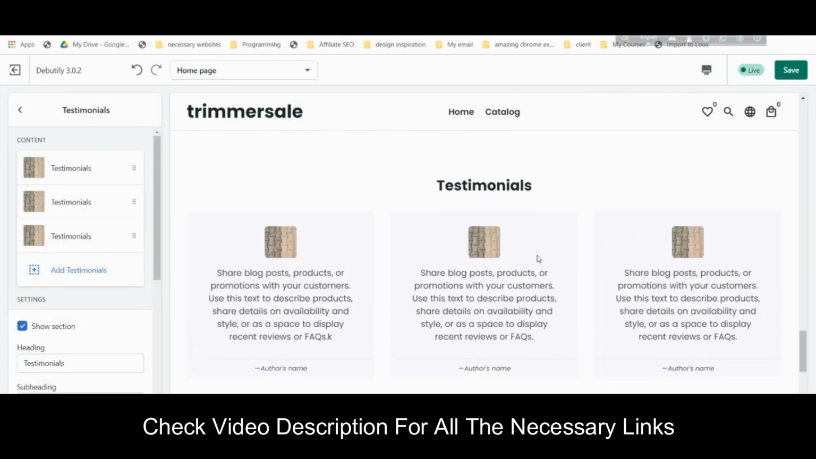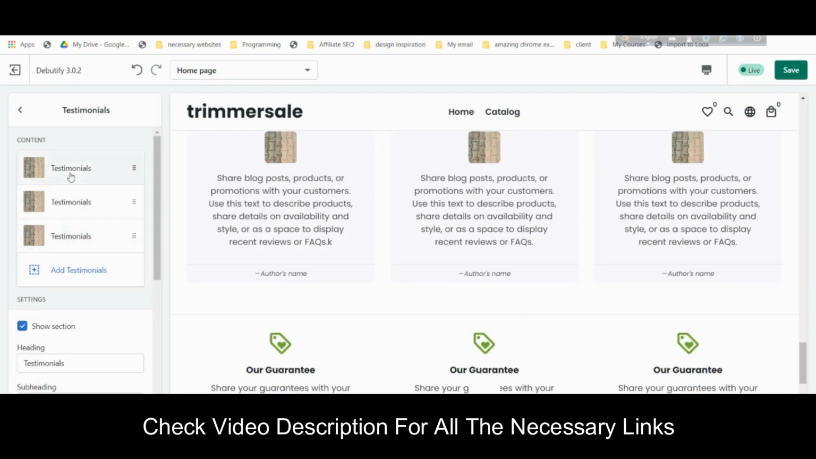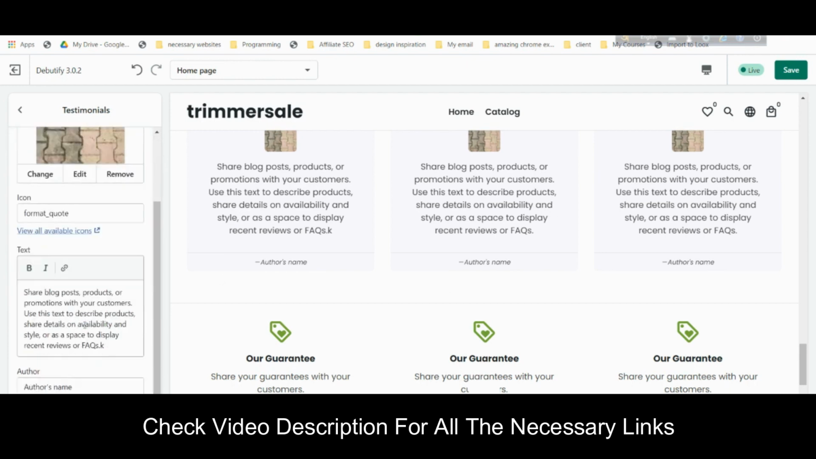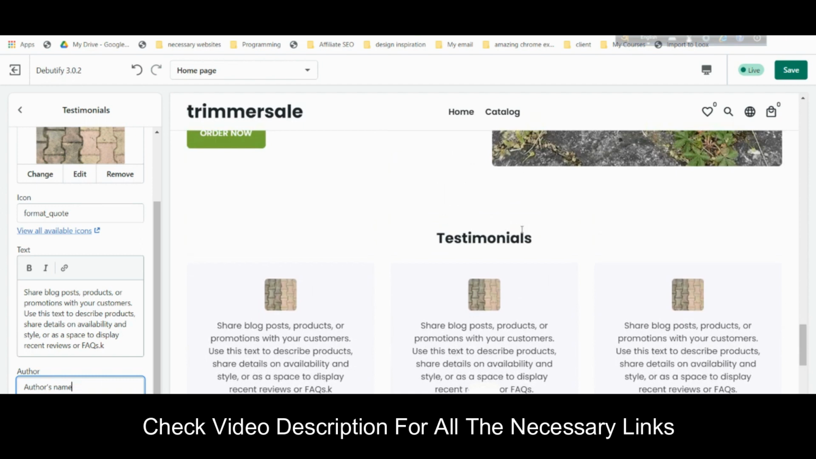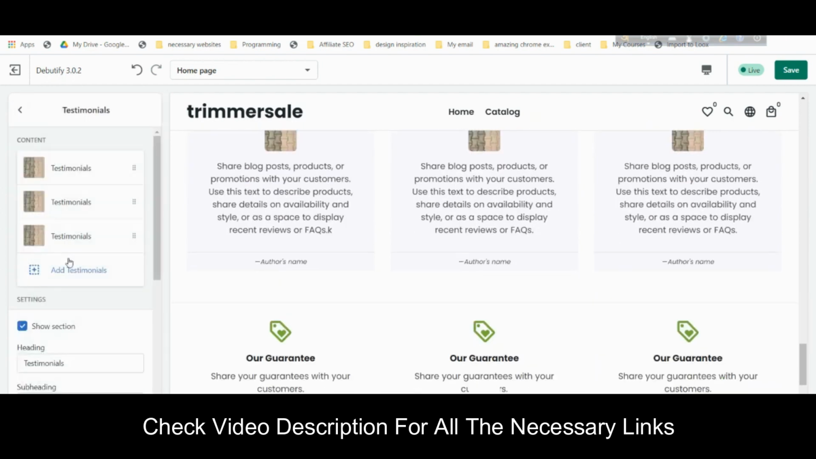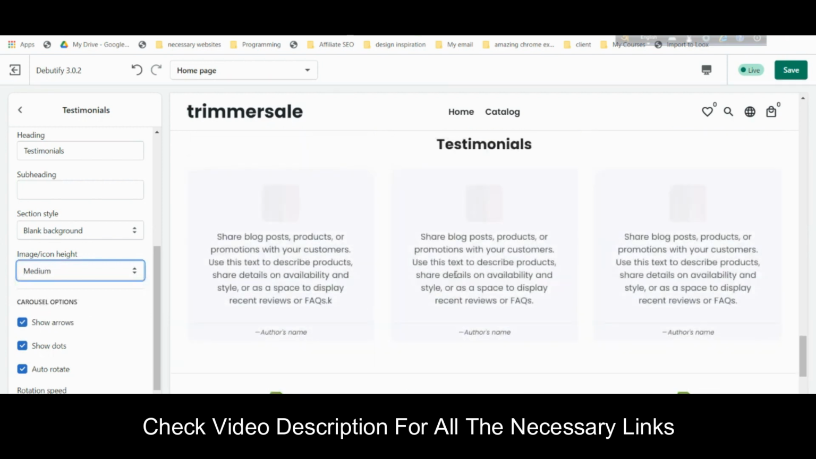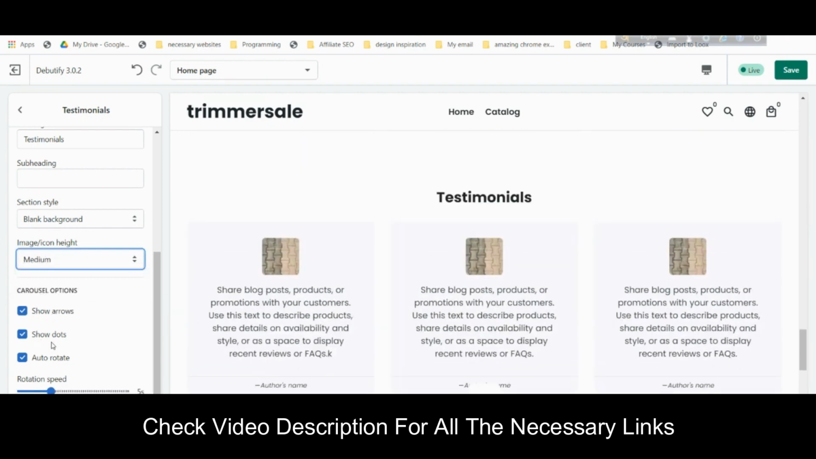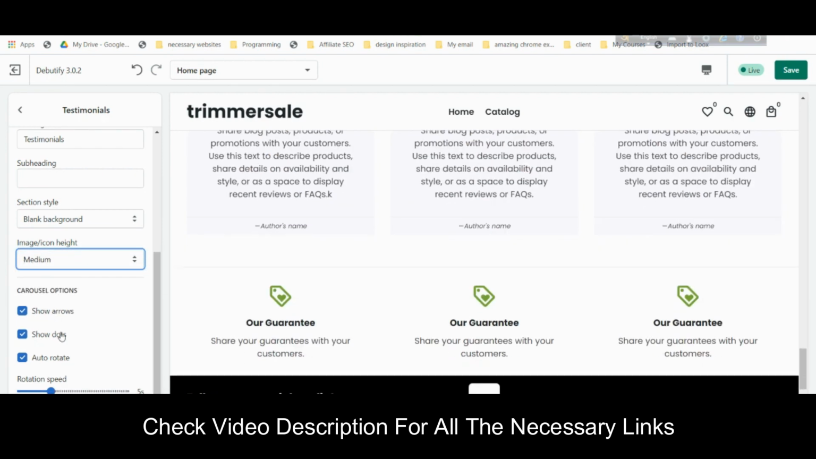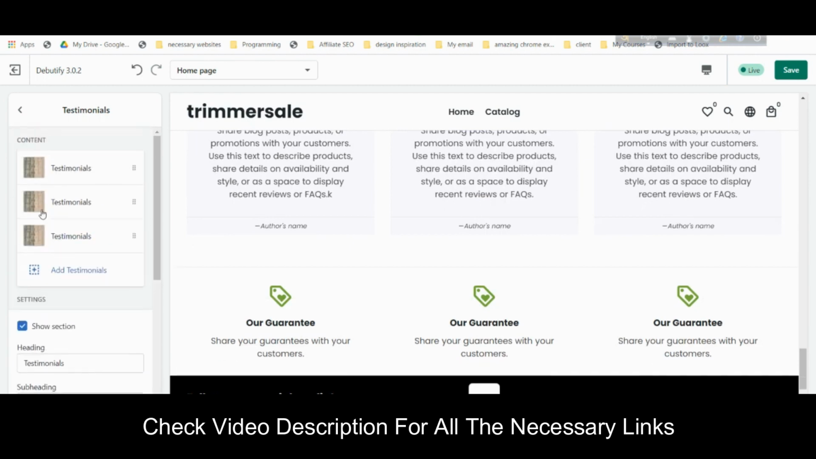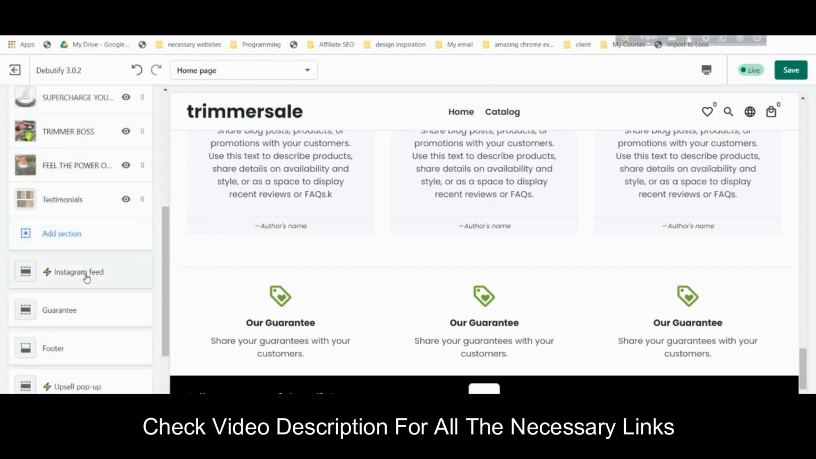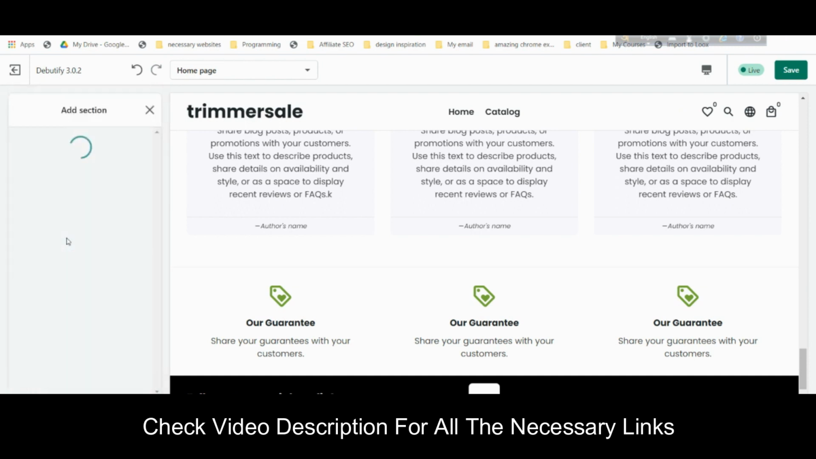So now testimonials is showing, and also you can change the testimonial text and also the client's name as well. So this is looking good. So I won't change anything more. This is looking good. We can give it a medium or something like that. Show arrows, dots. So I will just go for 3. So this is good. So I'll go back, and now what we can do, we can click on add section,